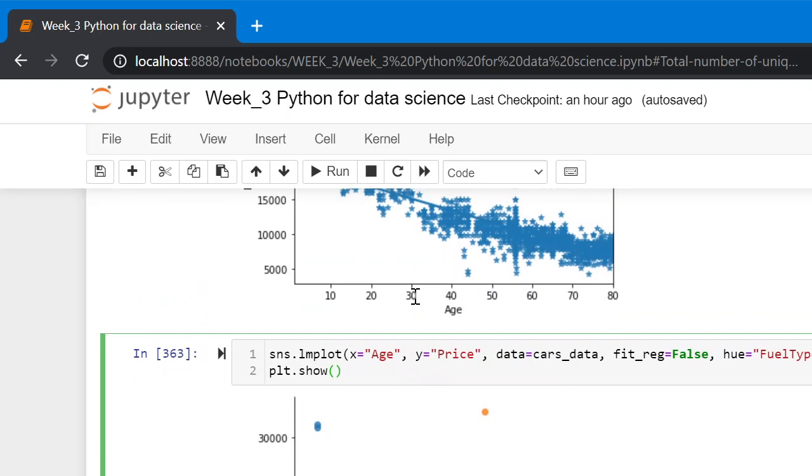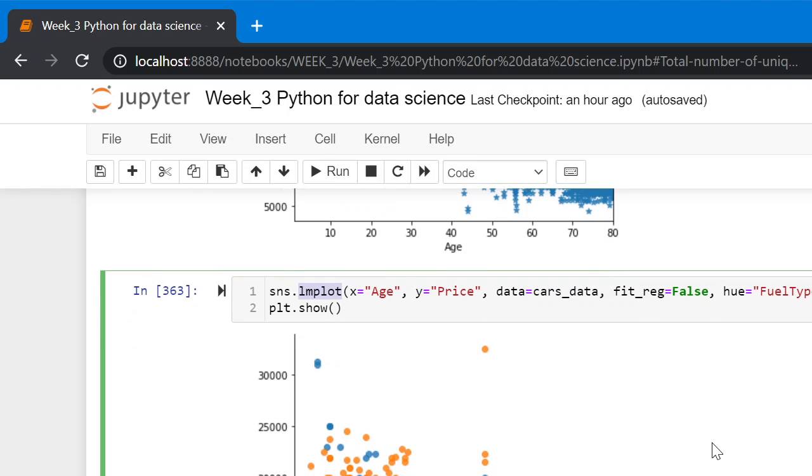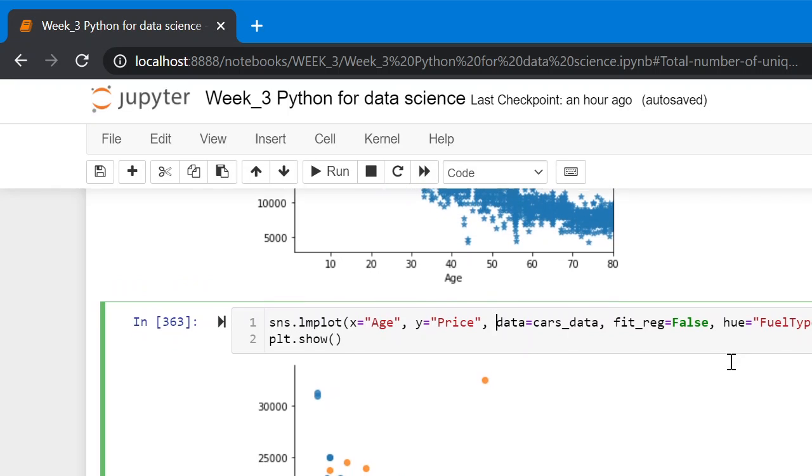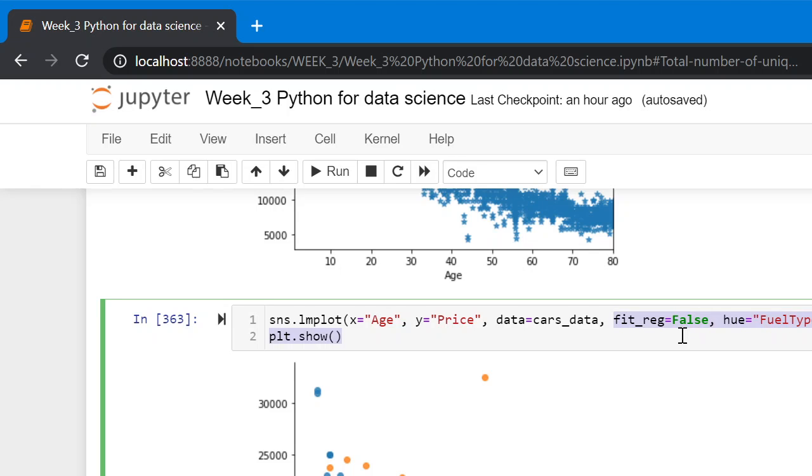There is another method, lmplot, which also allows us to see the scatter plot between the two variables. Again, we can set the fit_reg argument as false or true, and we can see a third variable with the argument hue.